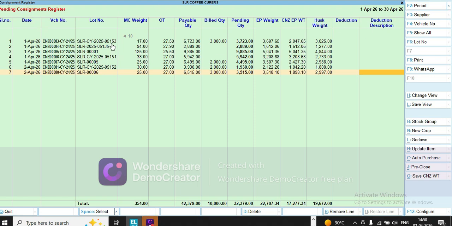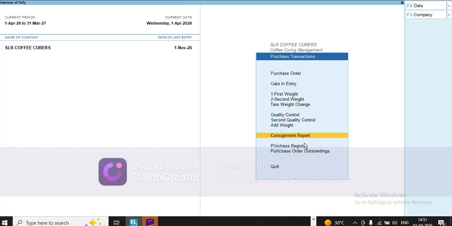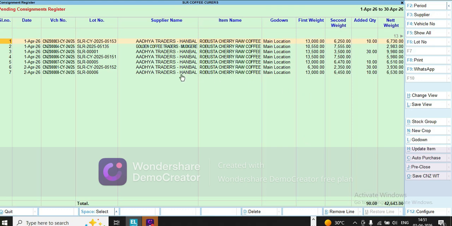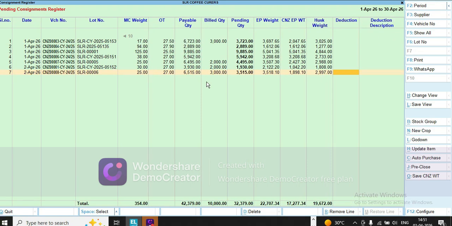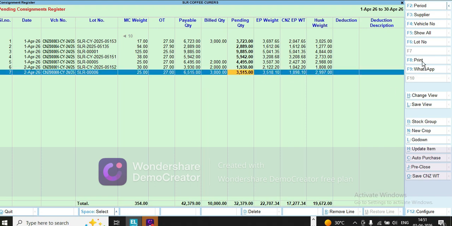So even in consignment, if you want to check only quantity and basic details, you have to go to multiple reports, and you may not get the details. Okay, so it has value. After billing, again go to the consignment report, same number, lot number. See what is pending. Now this is the pending quantity. When you print this,